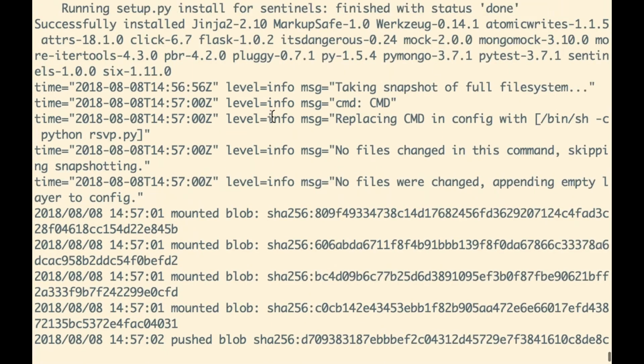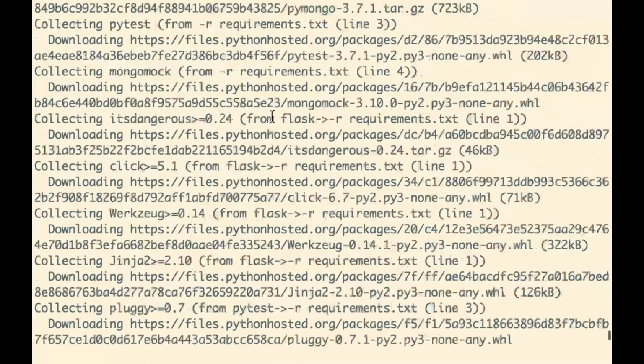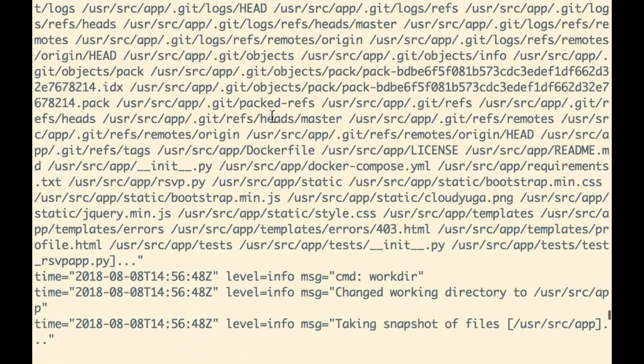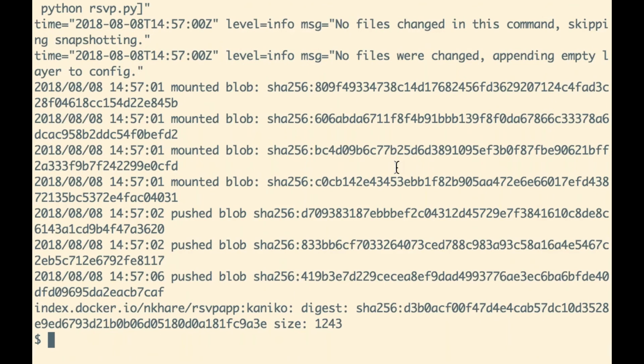And as you can see, it is building my image, installing those packages that were part of the requirements.txt file. Let's look at the log one more time. And now my image is pushed to my Docker Hub repository.